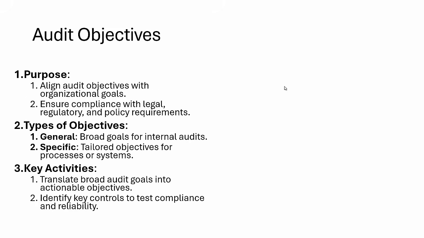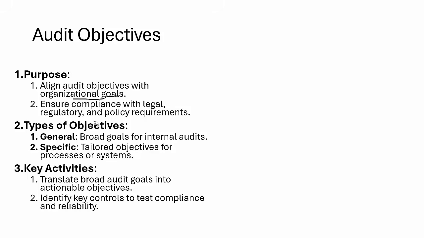When you're conducting any audit, the primary purpose of any audit objective is to align with the business goal. So any question in the exam talking about the primary purpose of an audit or audit objective, a good audit objective is one which aligns with the organization's goals. Second, we have compliance with legal, regulatory, and policy requirements, because by complying with the goals, you are automatically complying with legal and regulatory requirements. If the question is framed like what must be followed, then the legal requirement must be followed.